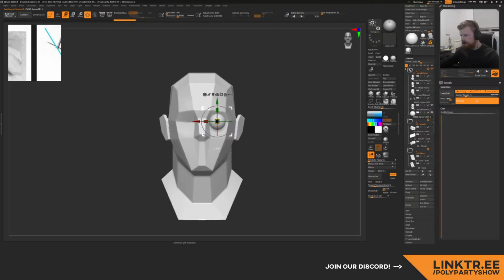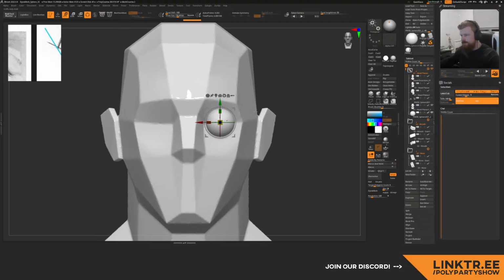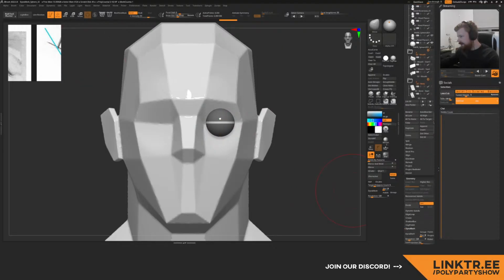We place the eyeball. And what he would then do is to mask the top and the bottom and leave a little slit in between. And extract